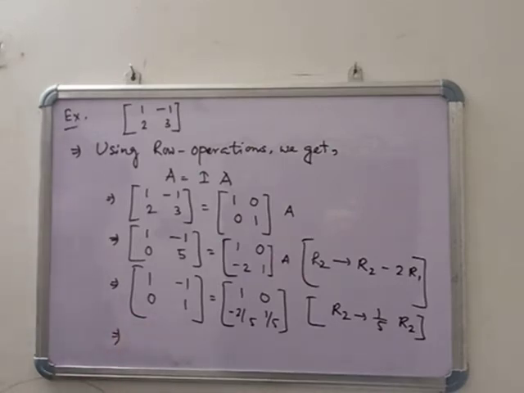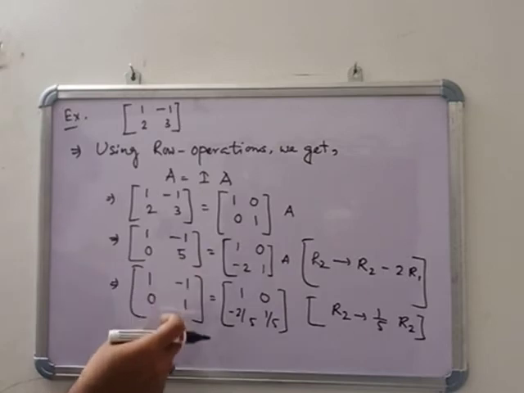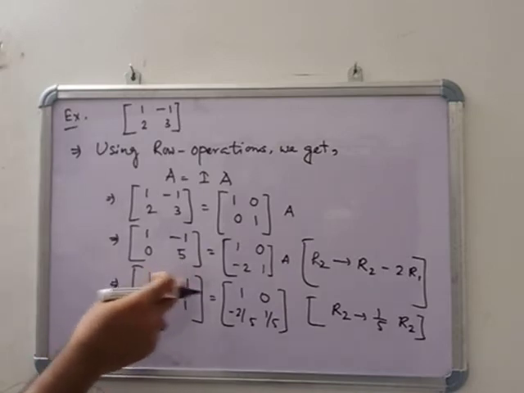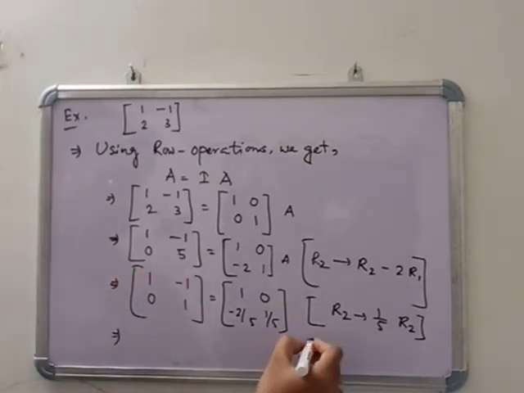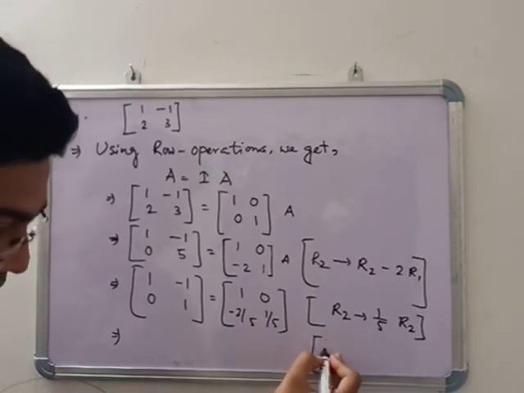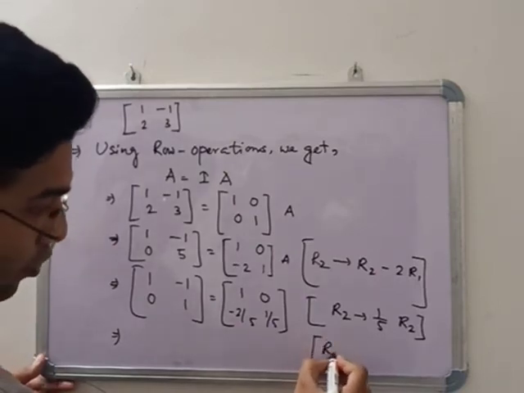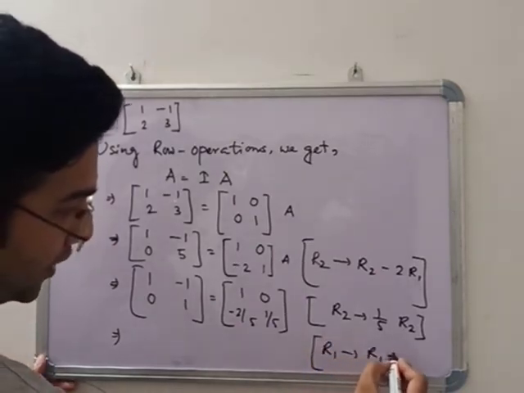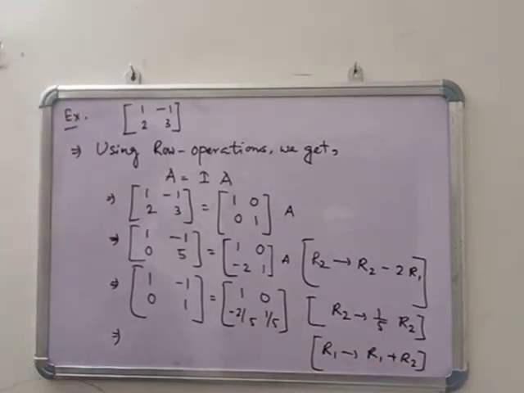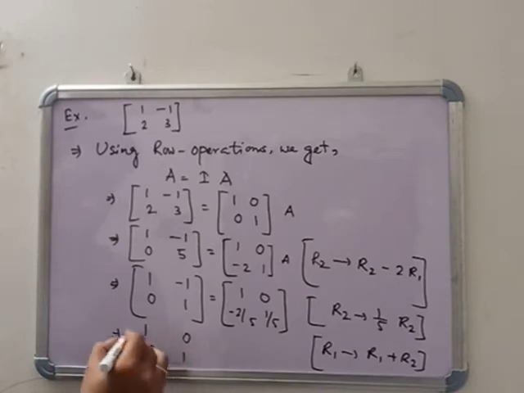Next one, if we add these two rows we get 0, right? So we are applying row 1 plus row 2. So that means 1 0 0 1